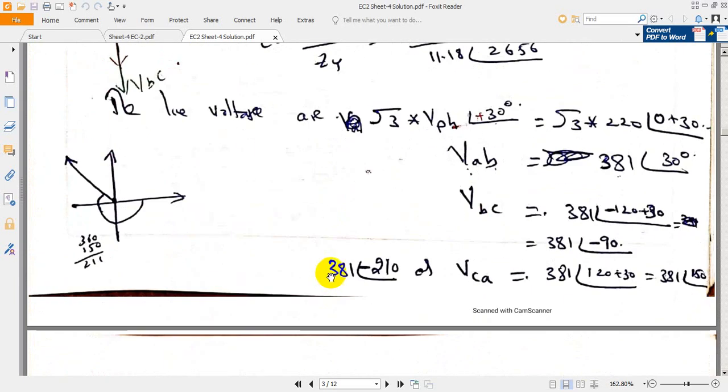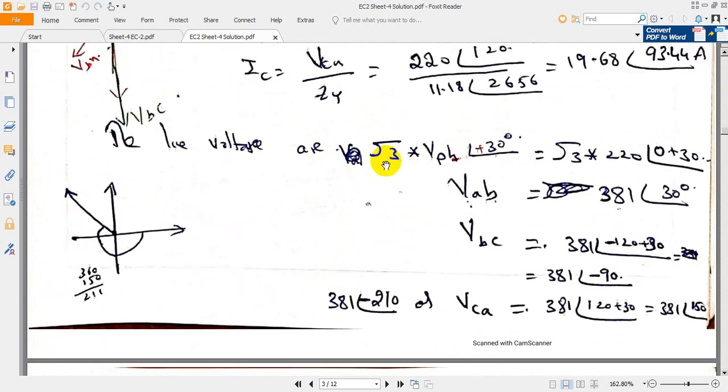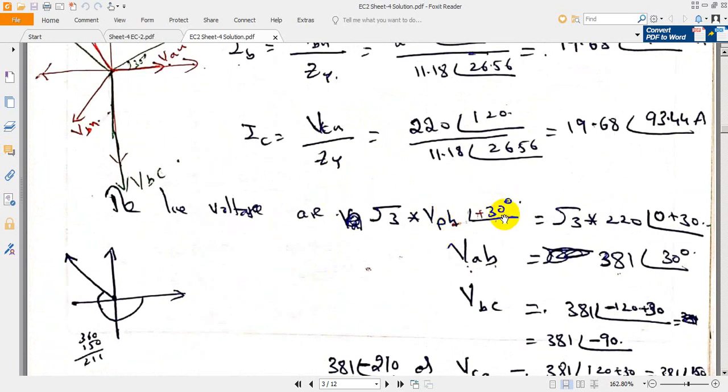So the relationship between line voltage and the phase voltage is, line voltage is equal to √3 V phase at plus 30 degrees. The line voltage will be 30 degrees leading when compared to the phase voltage, and also it will be √3 times the phase voltage. It means VL is equal to √3 V phase with a leading of plus 30. It has been proved in the theory part. This is the formula for the line voltage.